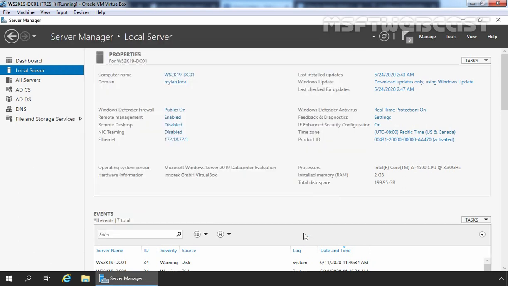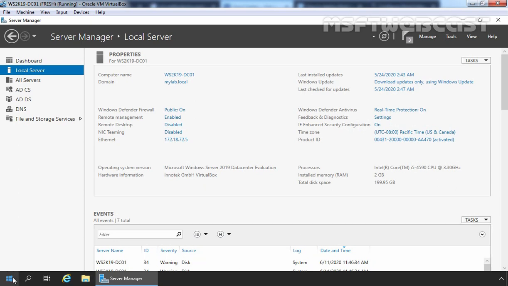Let's close this console. After installing the Work Folders role, our next step is to install and configure the SSL certificate. To secure the connection between the Work Folders server and the clients, we need an SSL certificate. In this demo, we will use a local root certification authority to get an SSL certificate. In a production environment, we need to use a public certification authority for an SSL certificate. In this demo, we will use the Internet Information Services Manager console to install and configure the SSL certificate. But first, we need to install the Internet Information Services Manager console.